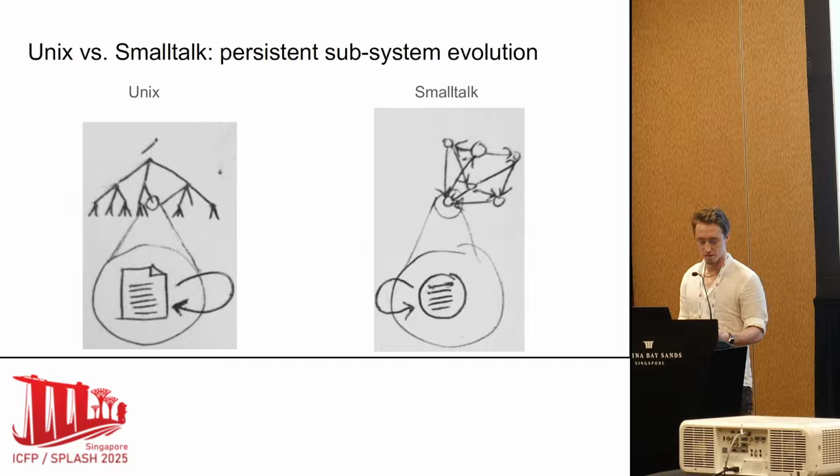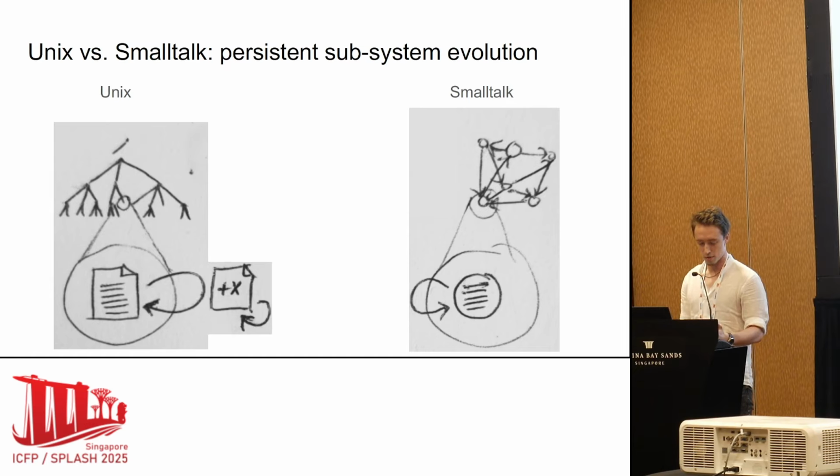What's responsible for evolving these subsystems? In Unix, the immediate cause of a change to a file is a write system call in the kernel. And this would have been triggered by a user mode API in some running process. The process was spawned from some executable file, and at this point we're back in the file system. So if we stay within the file system, we can say that Unix files are evolved by means of other files, executable files. If we turn our attention to Smalltalk, we can proceed in a parallel way.